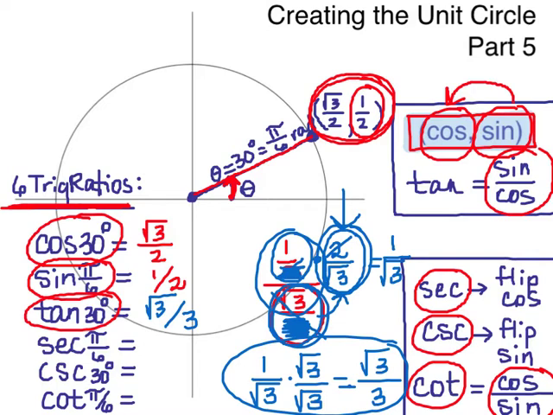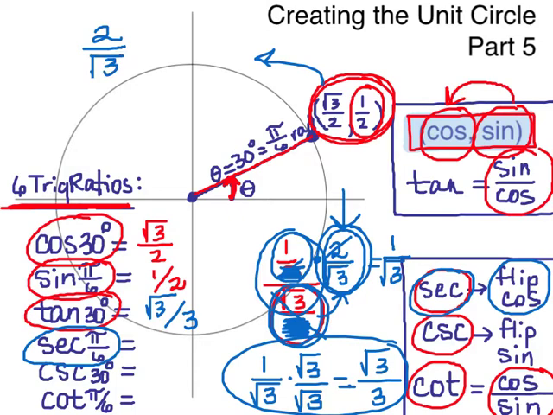So that's a shortcut. So then if we do secant, if we go back to radians, secant of pi over 6, if you look over here, it says that secant is just the flip of cosine. So if cosine is the first one, and we flip it, we end up with 2 over the square root of 3. Now you might be able to leave it like that, or you might have to rationalize it,